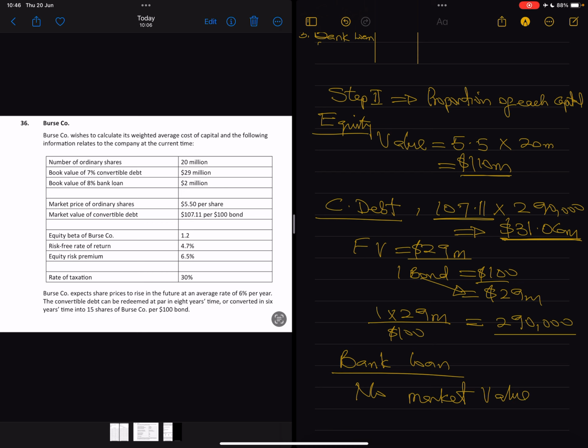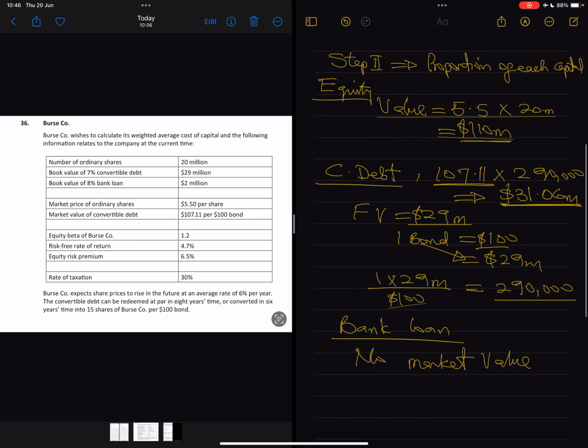So if the question asks you what assumptions you've made in any question that has to do with bank loan, always remember to say that you have assumed that the book value of bank loan is the same